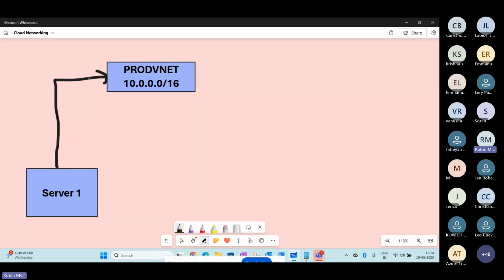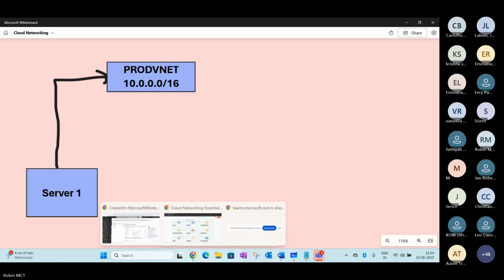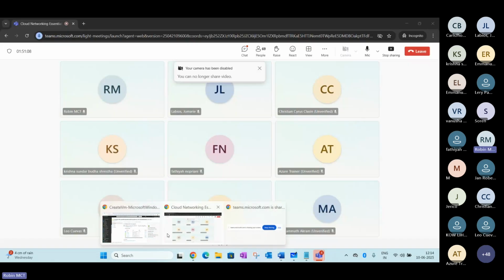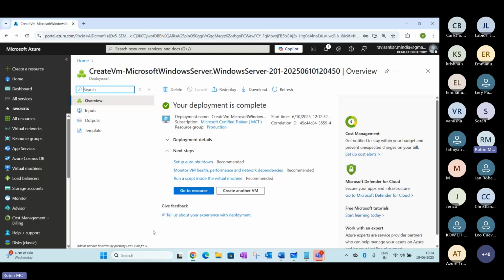Now we can just wait for a few minutes here. Deployment currently has been progressing. So let's go and see how the deployment has happened. If you see here, the server has been ready. You can see here, you have a solution available.